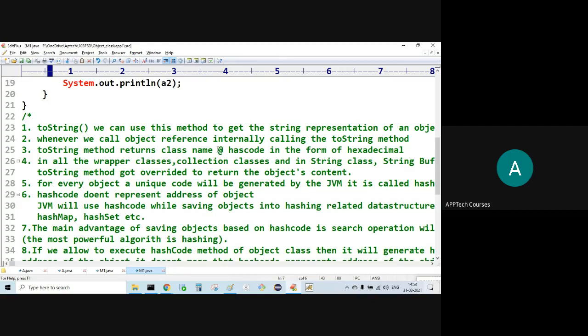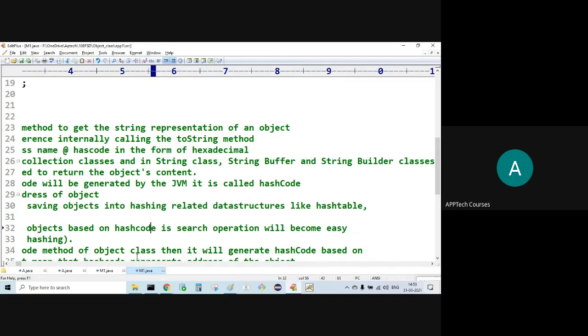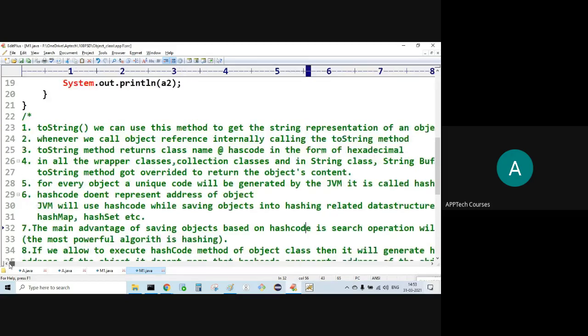You say string representation of the object. What does that mean? In the initial case, the Object class toString method returns the memory address in string form: class A @ hash code in hexadecimal.